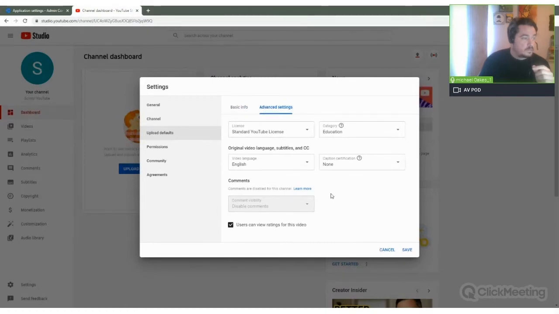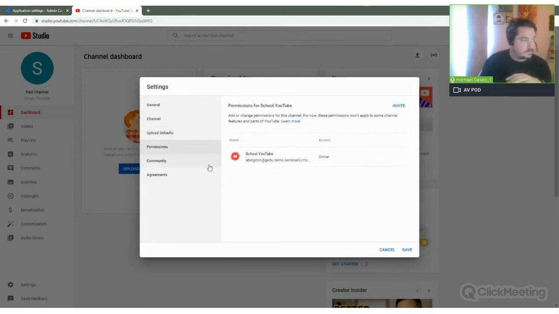Upload defaults. You'll see that there's nothing that I can change in here to enable comments. This is because I've put it on kids mode, so anything that I upload will not be allowed comments. And then permissions, I can invite along a number of teachers to give access to do that. So I can say, if I invite Ang Lee, let me